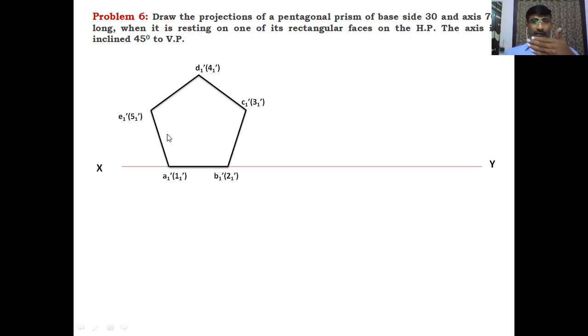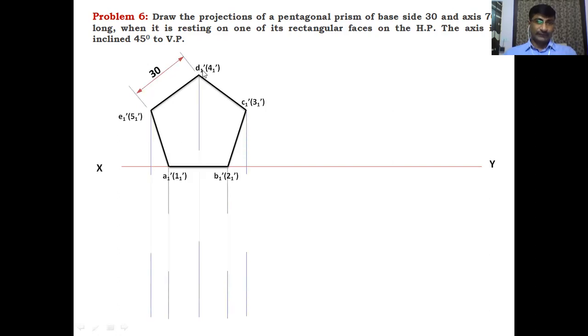Here, the front base is visible, that is the lettering base, and the back base is invisible. Back base is the numbering base. After getting the points on the pentagon, with 30 mm side, draw the projection lines from each point, vertically downwards towards the XY line, with thin lines. Draw one of the bases somewhere else from the XY line, as it is not given. By joining those projector lines, draw a dark line.